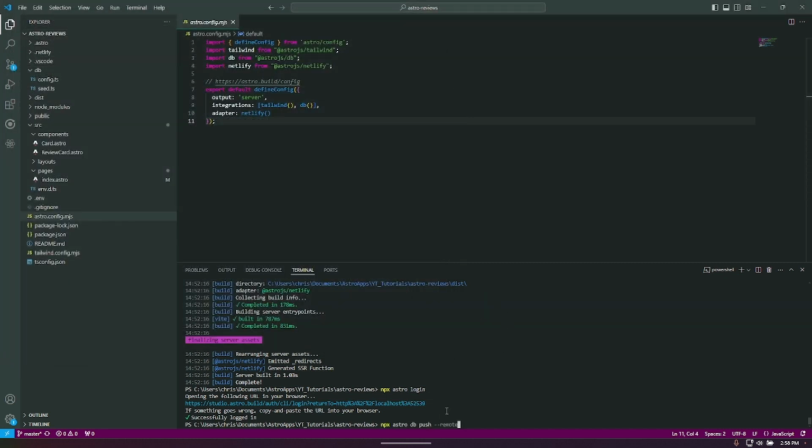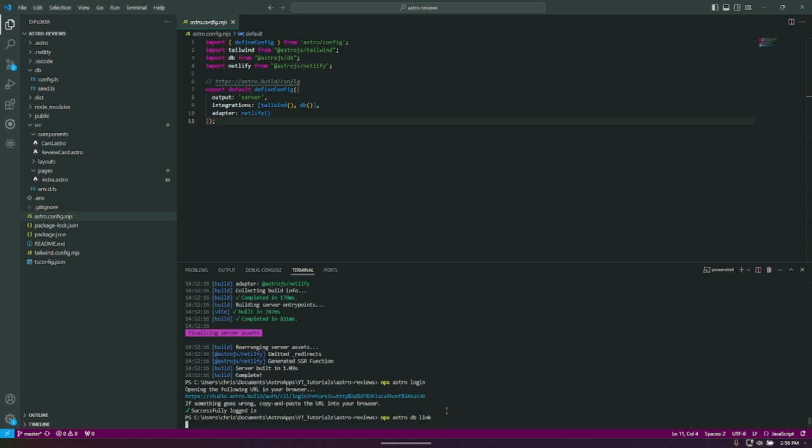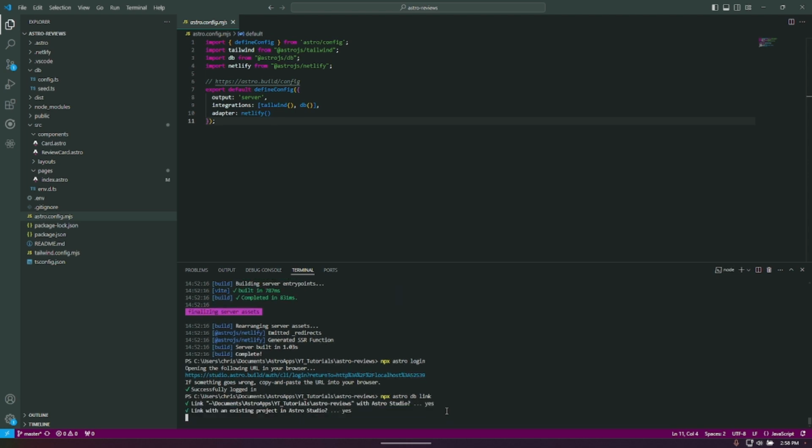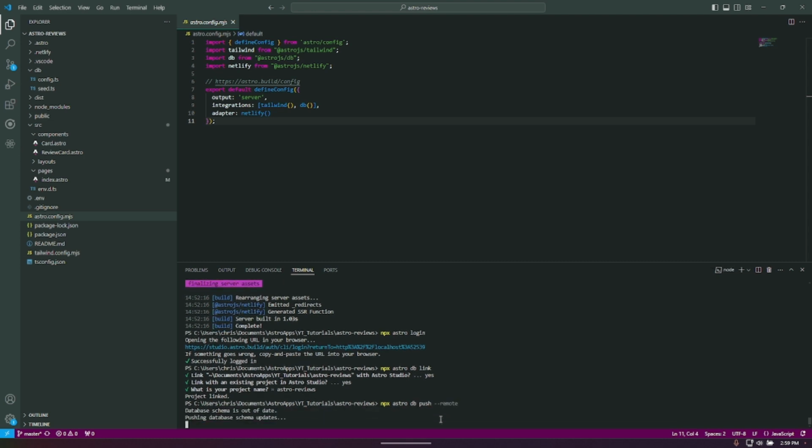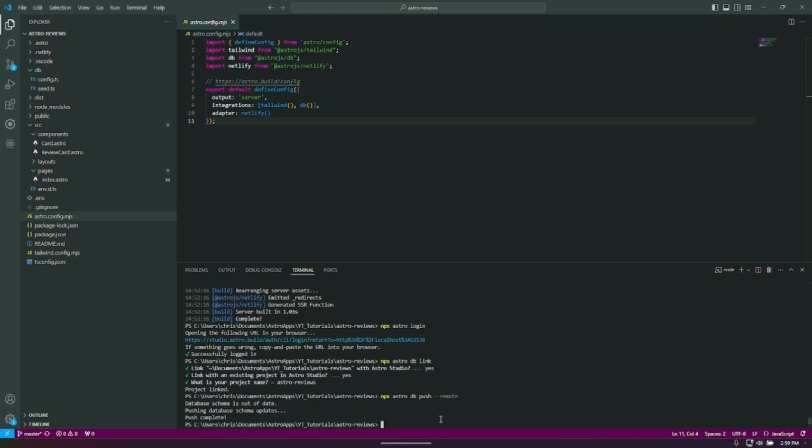And then you want to say astro db link, and you want to link it. I'm going to link it to an existing project, but you might want to link it to a new one. And once that's linked, you run astro db push --remote, and it's going to make sure that all the schemas and everything's up to date. And then you can now